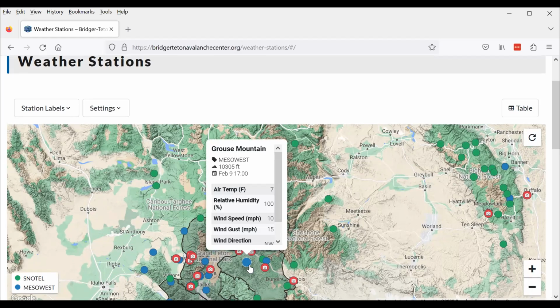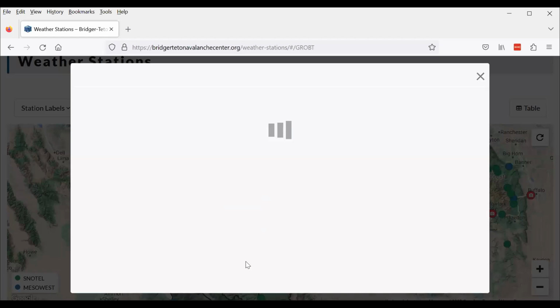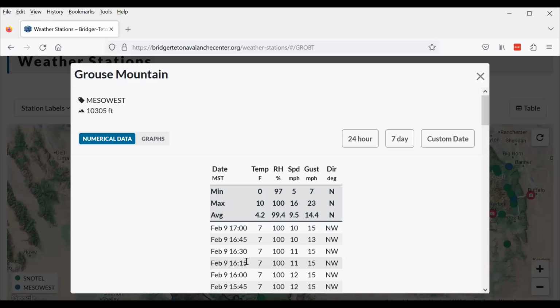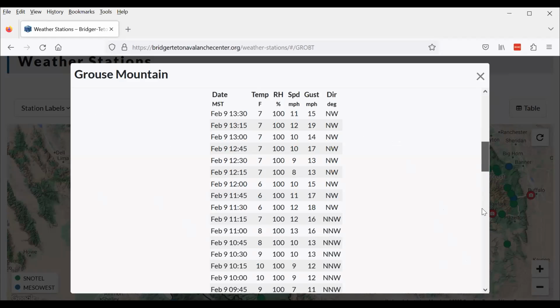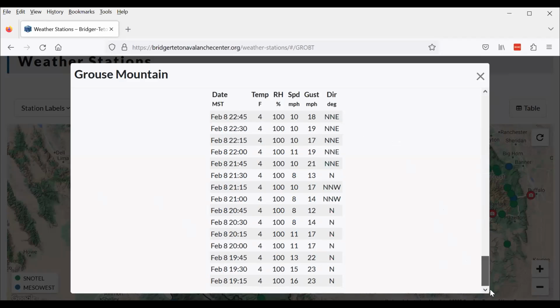So at 10,300 feet on Grouse Mountain, it's 7 degrees Fahrenheit. It's blowing 10 miles an hour out of the northwest with a gust of 15. But we can get more than that, just by clicking on that dot. And then we can get the every 15 minutes data to get trends. We can look at the 7-day cumulative forecast. But I'm going to move down. Let's see, this one doesn't have a wind rose. Let's go to